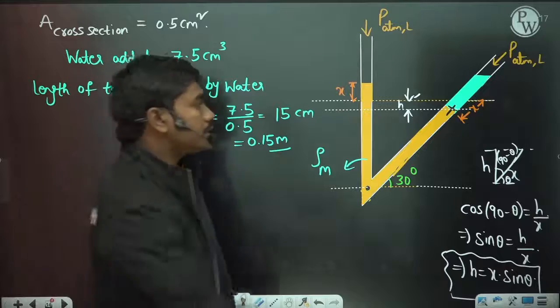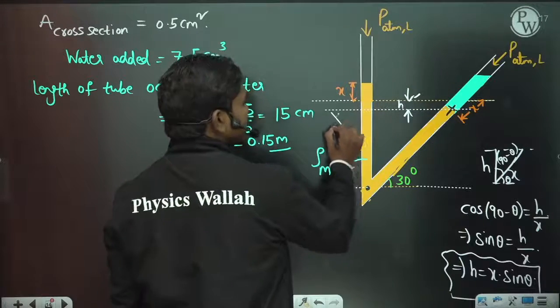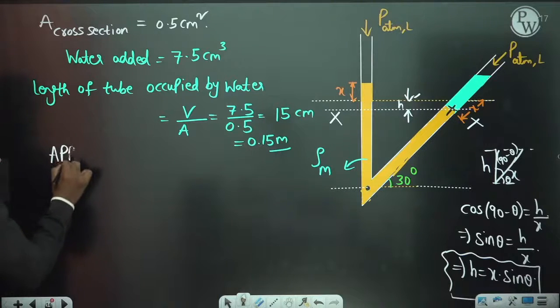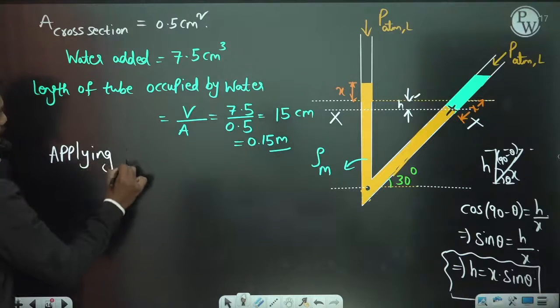Okay, now if you see, this is the mercury manometer, this is the interface. Let us take xx. So applying hydrostatic law,